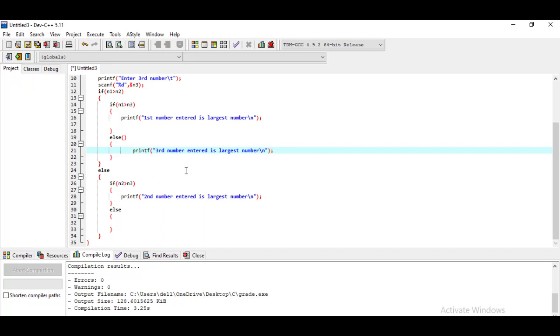Control C, copy this line from here to here using Control C, and here we go, paste this line, Control V, that is, third number is the largest.